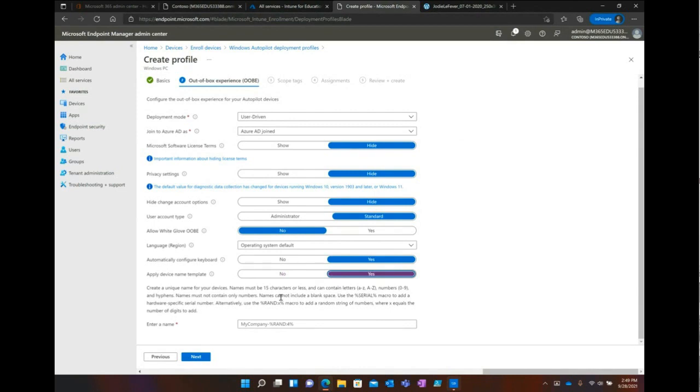Most people are doing just serial number or a prefix and a serial number because everything is searchable in Intune. You can go in and just search by serial number and it'll show you who's the primary user on the device. So I'm going to just do, let's go Jody dash, and then we will do percent serial.